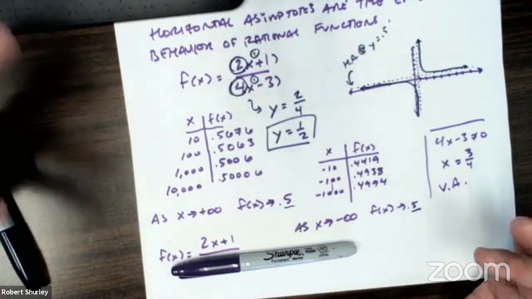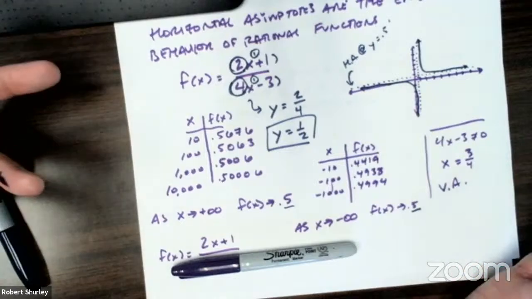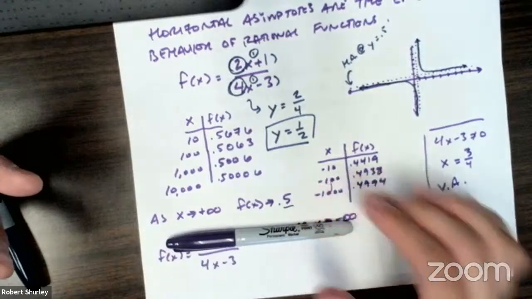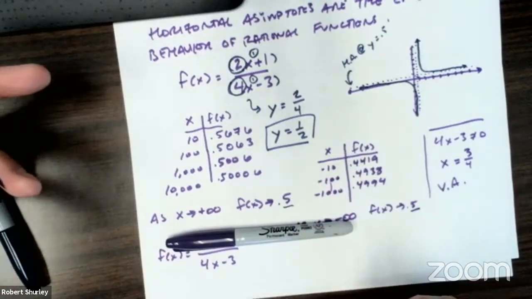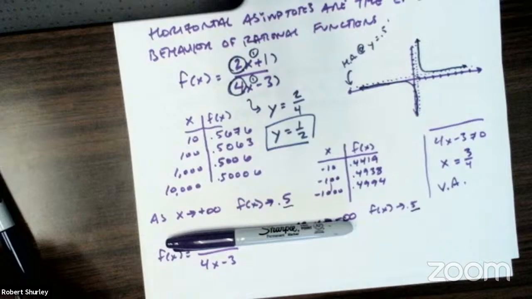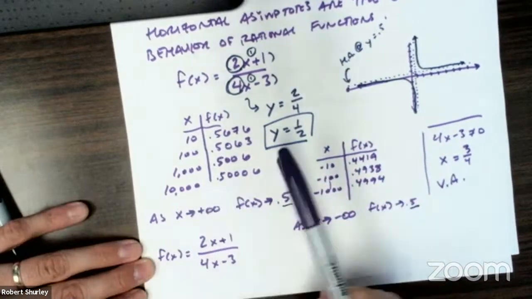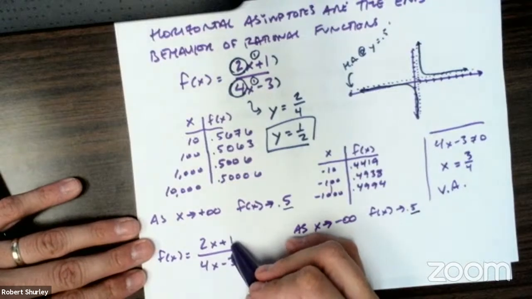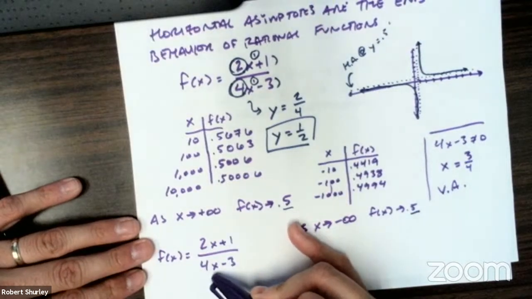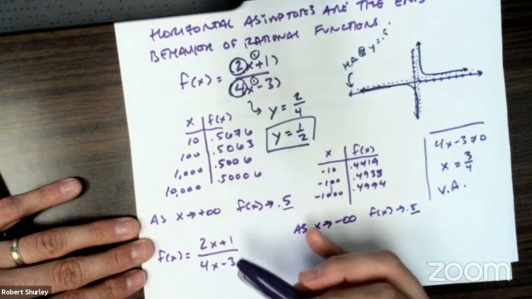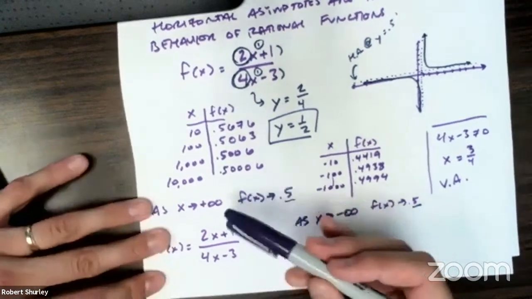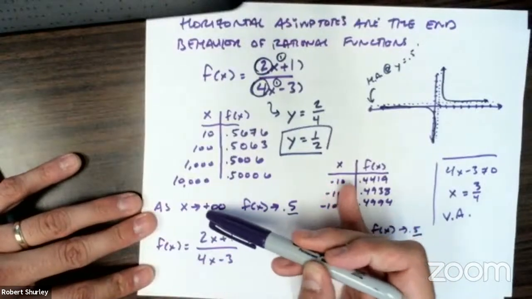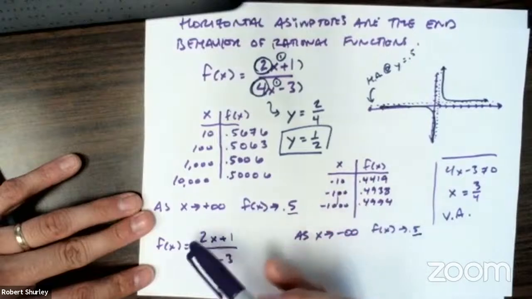notice that. Probably not gonna notice it as much if I have $2,000 in my bank account. If I have $4,000 in my bank account, probably not gonna notice when $3 comes out. Well, look, if I had 20 grand in my account right now, I'm not worried about $1, okay? And if I had 40 grand in my bank account, I'm not going to worry about $3. So what happens is when you put larger and larger x values into this rational function,